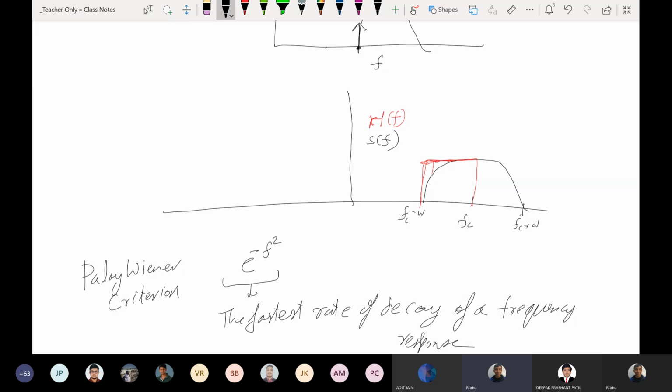Yeah, Subhashish: if we cascade a filter with a comparator, shouldn't the problem be solved to an extent? Filter with a comparator. The main basic principle of a filter is keeping the passband components to a certain level and reducing the other components, right? Yes. So if we can reduce the other components beyond a certain limit and then use a comparator on it, how will the comparator help? That's what is intriguing me.